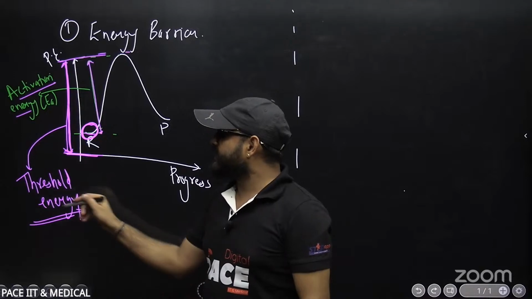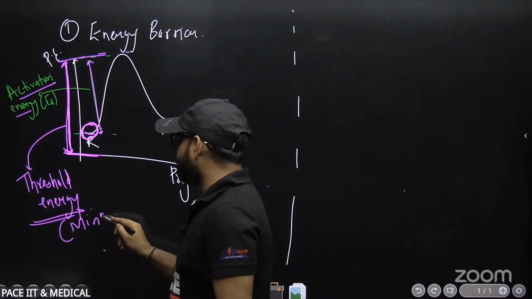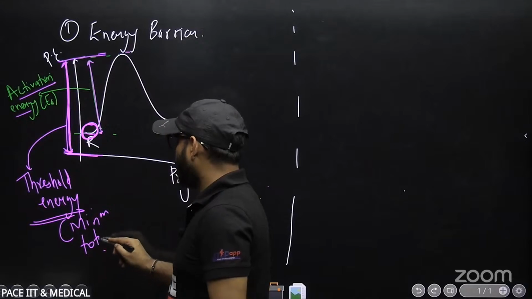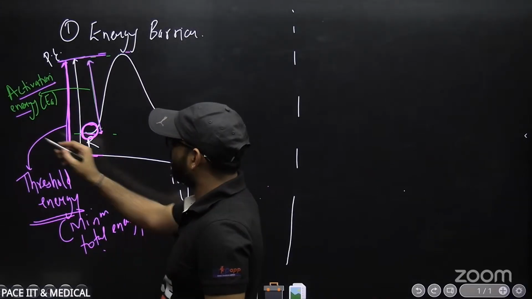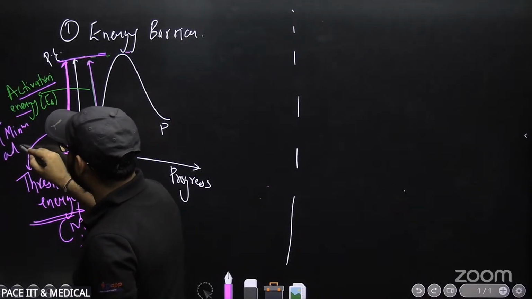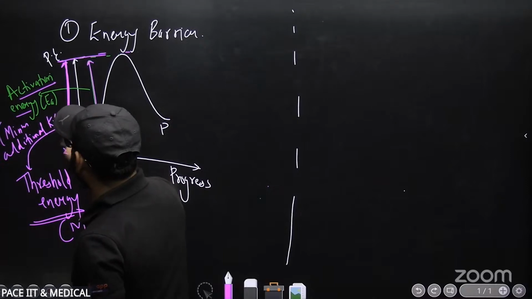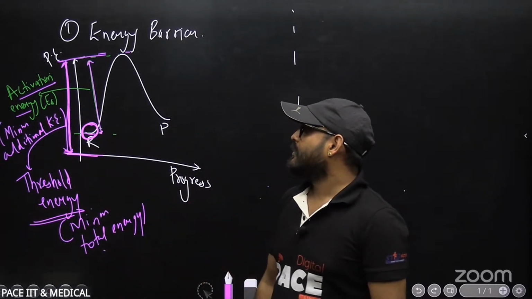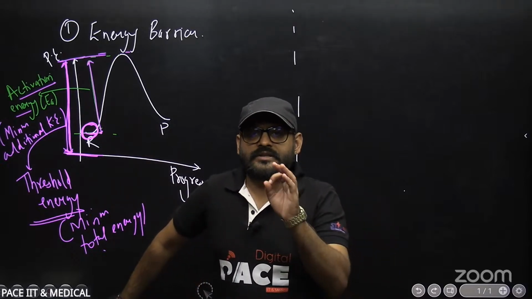Minimum total energy, I'm writing it in the bracket of this: minimum total energy. And in the bracket of this: minimum additional kinetic energy than what they already have. Just understand this